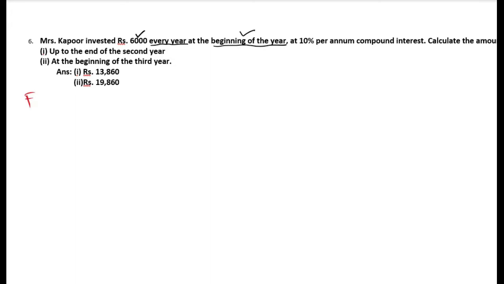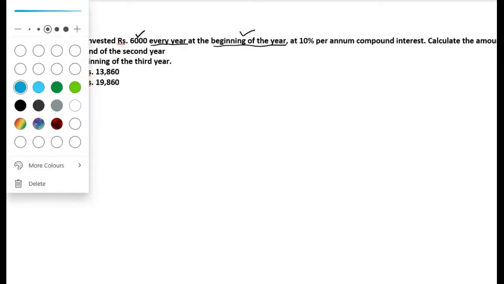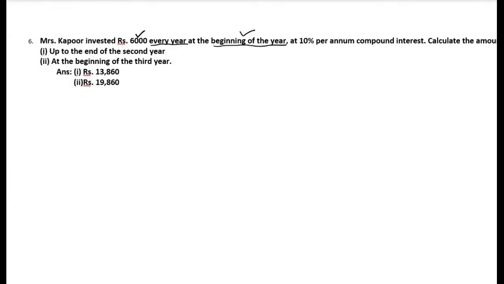I'm sorry for the red pen. Let me solve this with the blue pen. Let's see how it sounds, how it looks. Sorry. Oh, it's too thick. I don't like such thick. It's 1 mm. Let me make it dark blue and thin. Cool.